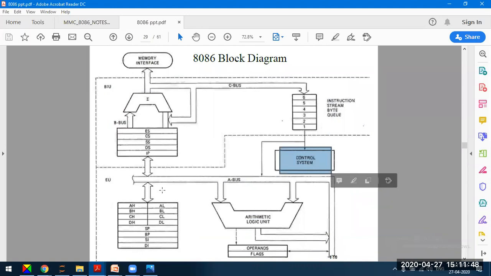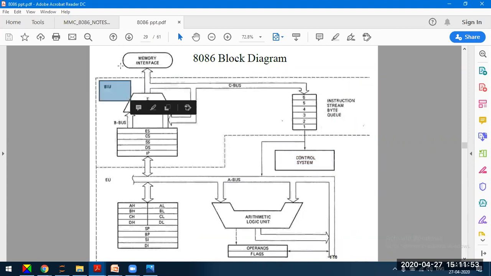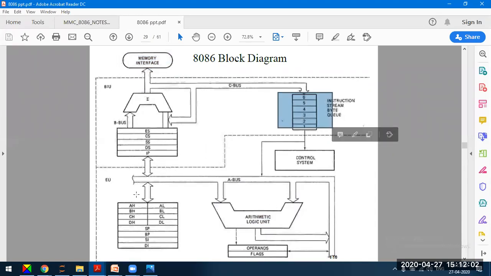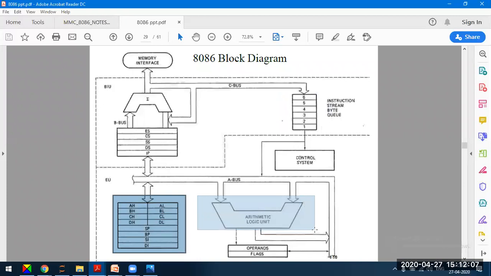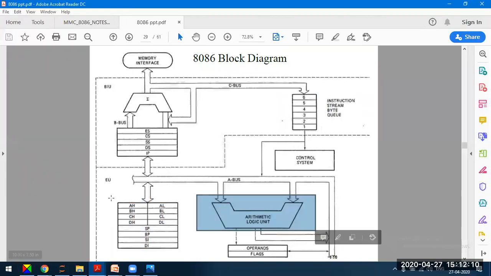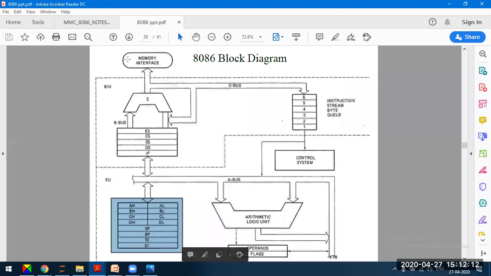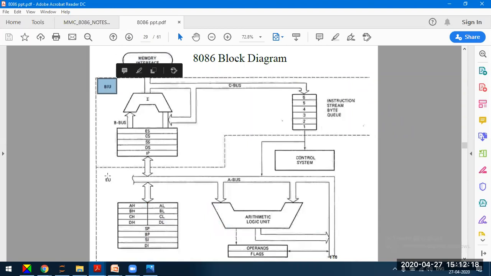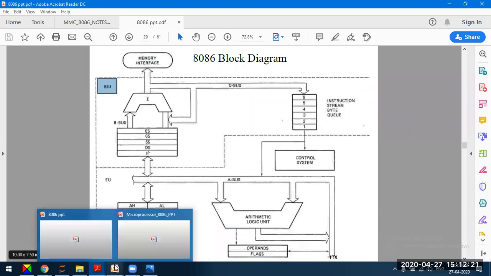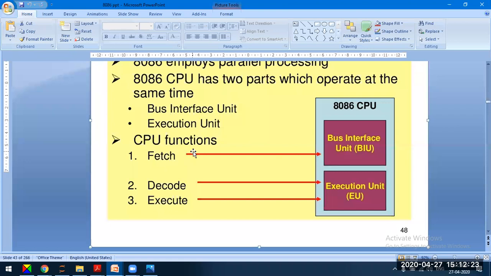So whatever instruction is to be executed by the processor will be fetched by the bus interface unit from the external memory and provided to the arithmetic logic unit through different means, for example through the instruction queue, and that may be stored in the internal registers, which is going to be executed by the processor or ALU. The result may be stored back to the internal registers, or may be sent back to the external memory through the bus interface unit. So the bus interface unit is basically responsible for fetching the instruction and data from the memory.